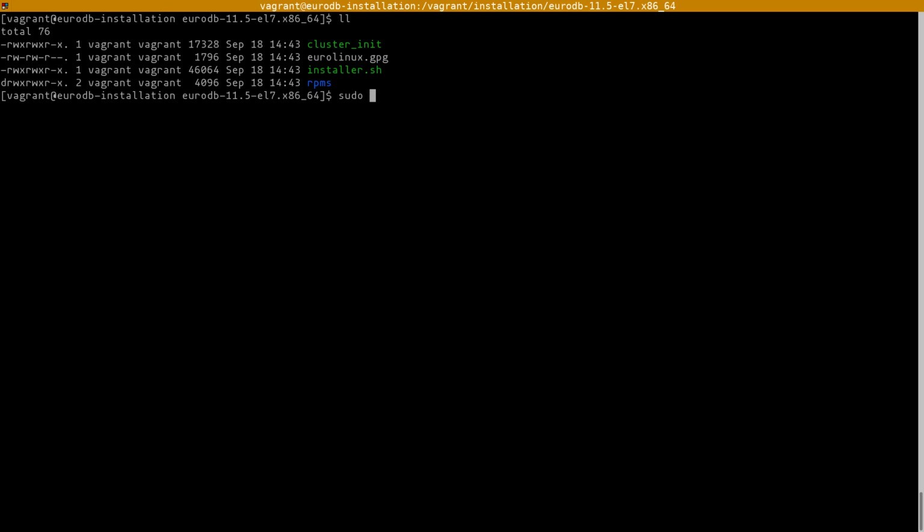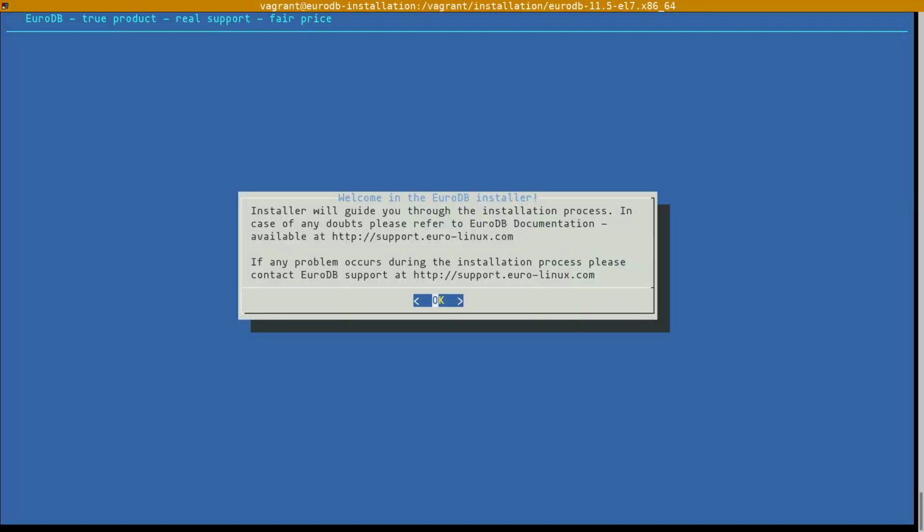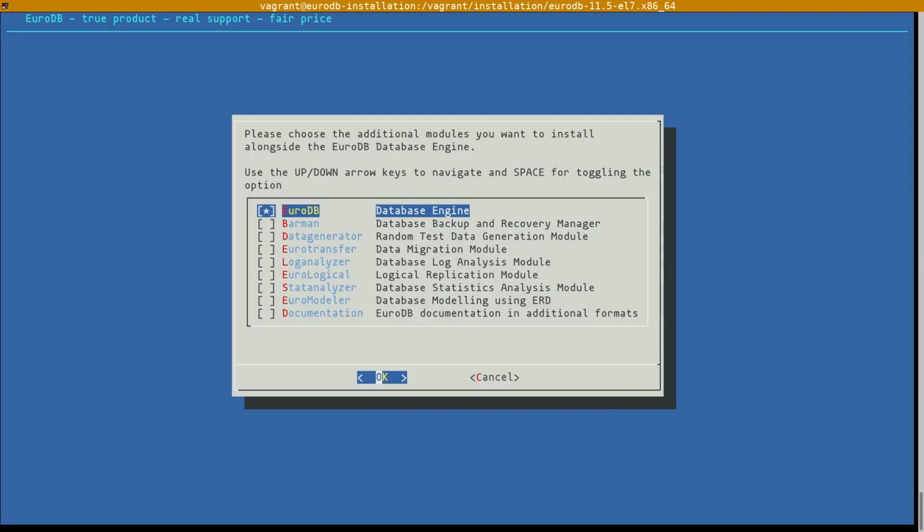After unpacking the archive and starting the installer.sh command as super user, we are welcomed by the installation screen. In the next screen, we can choose which components of EuroDB we want to install. The selection is done similarly to other terminal interactive interfaces, by arrow key navigation and selection via spacebar or by